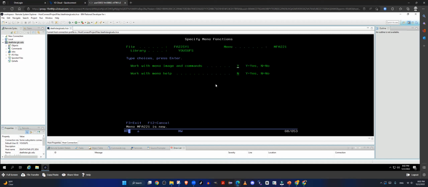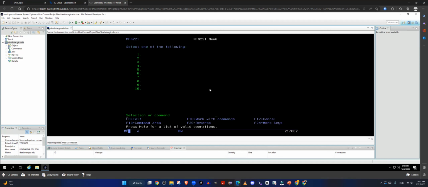Once you press enter, it will ask you, work with menu image and command, say yes, enter. And it will take you here. Okay. Menus are created in 2 steps. There is behind the scenes stuff, and then there is the front stuff. Front stuff is all text, which descriptively write what you want your menus to display on the screen. Like, for example, the menus that we have been going to, you can see the descriptive text. Then you choose an option from the bottom, then the menu automatically runs the code behind the scene for that